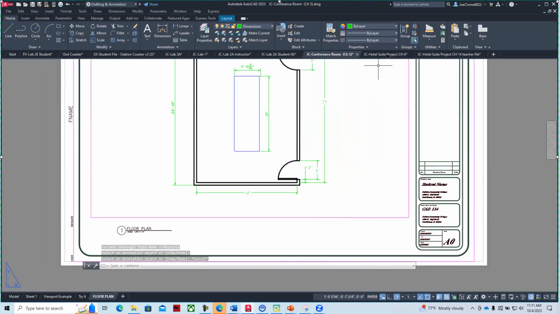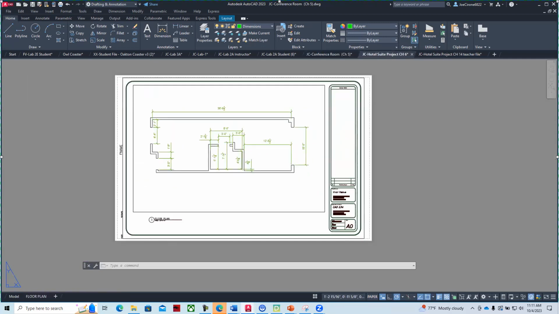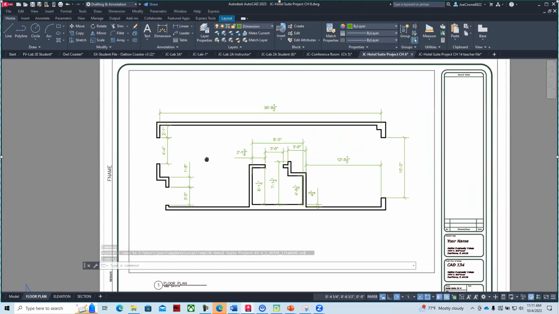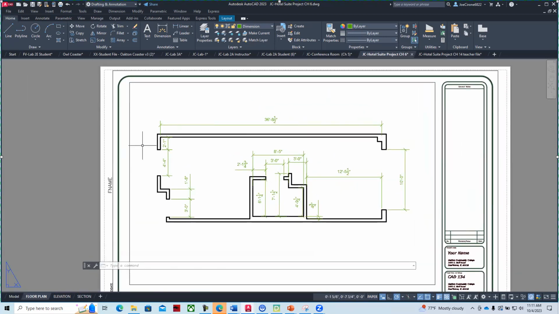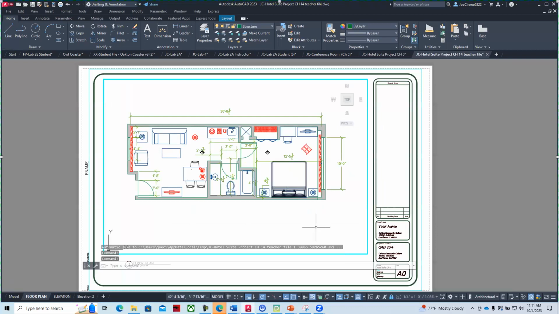If we look at module 6, it is this floor plan for a hotel suite. And we started this in module 4. We made the boundary walls. And what we're going to do is add more elements for the bathroom area. And this project will be used throughout the course. And so the project at the end of the course will look like this, where you have this awesome space